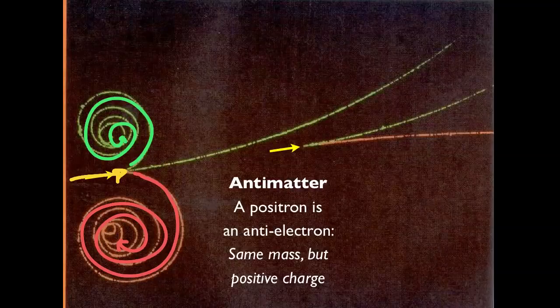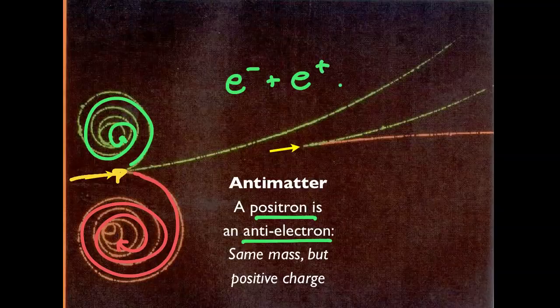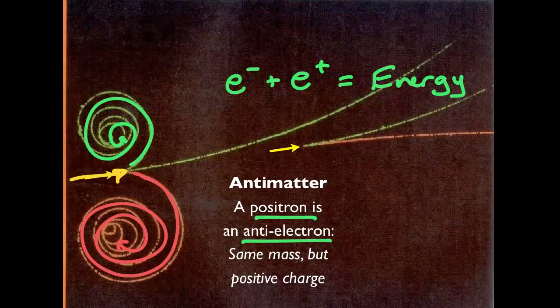And a positron is an anti-electron. It's exactly the same as an electron, but opposite. It's got a positive charge where an electron has negative. And an electron, an e minus, plus an e plus, when you add them together, what you get is just energy. You can produce them from energy. And if the matter and the antimatter come together, they completely annihilate, and then they produce just energy. But the interesting thing is, if I have a gamma ray of sufficient energy, it can just produce one. Out of the void, it produces this electron-positron pair.